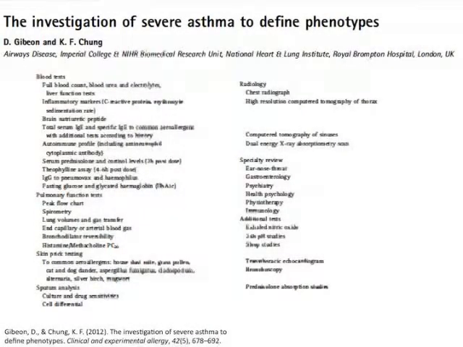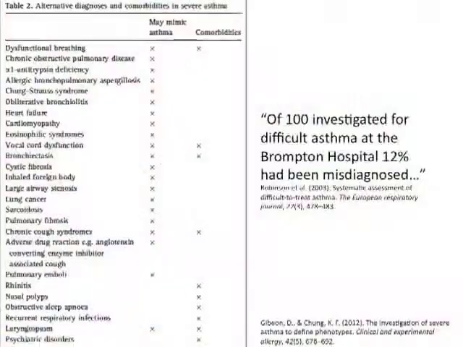So much so that there are specialized units that focus on evaluating severe asthma patients, and one exists, for example, at the Royal Brompton Hospital in the UK, and this is a review from Dr. Chung about their approach to investigate the severe asthma phenotype. And they do a whole bunch of tests here, but among them is the concept that they can consider or worry about alternative diagnoses or comorbidities,